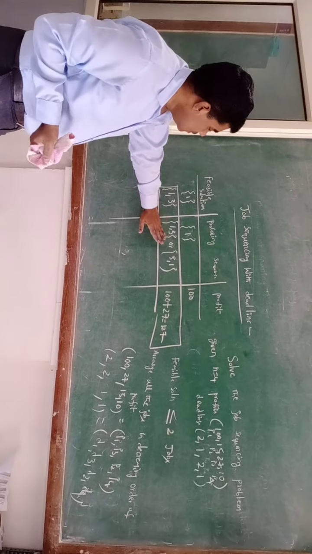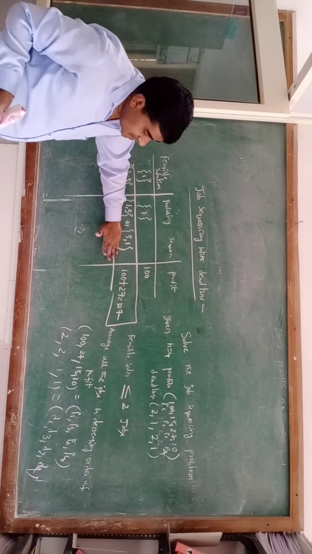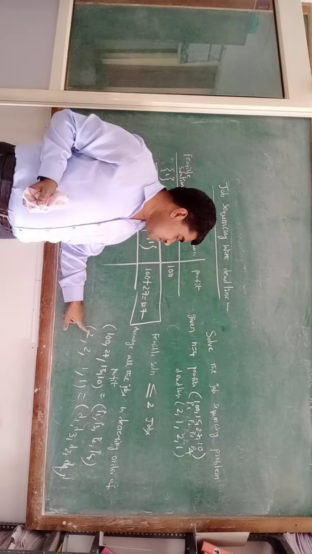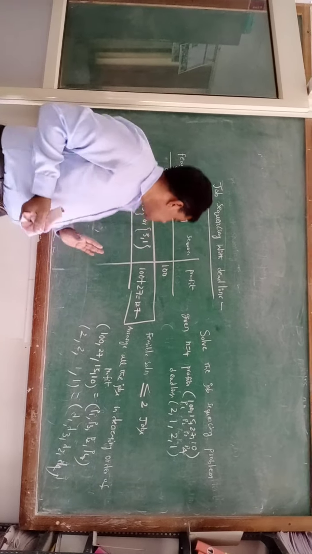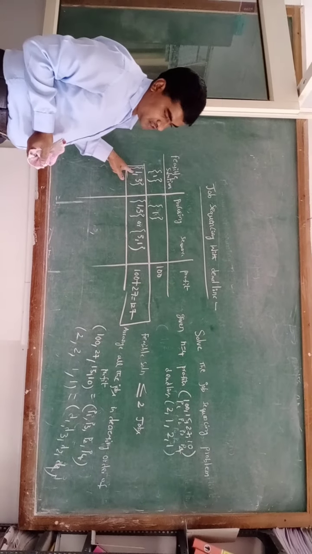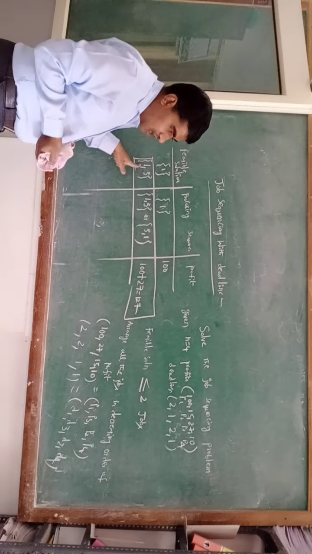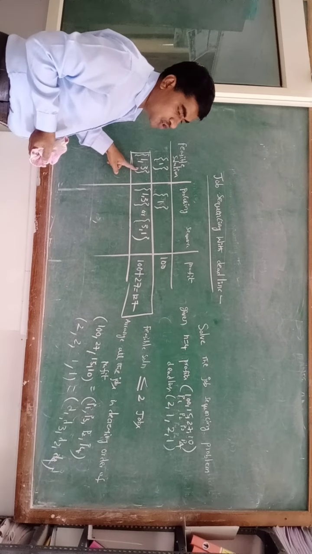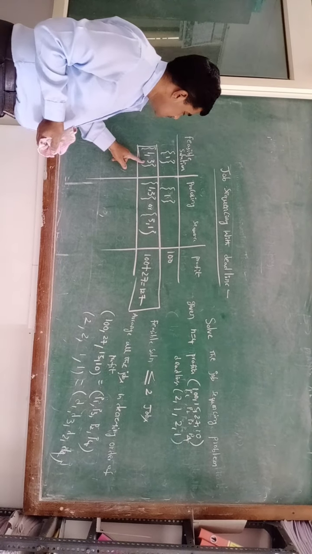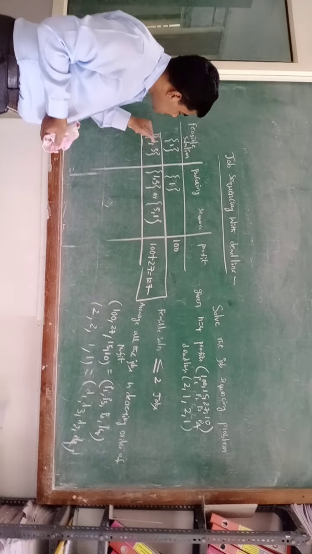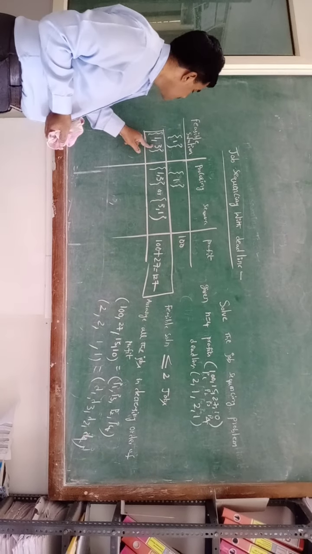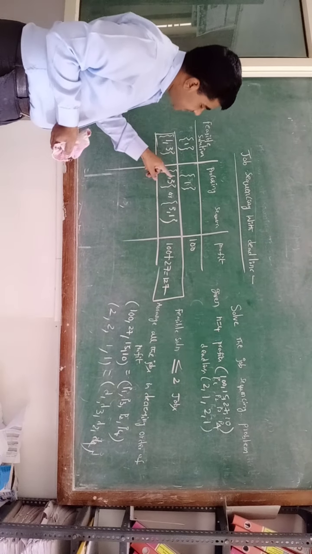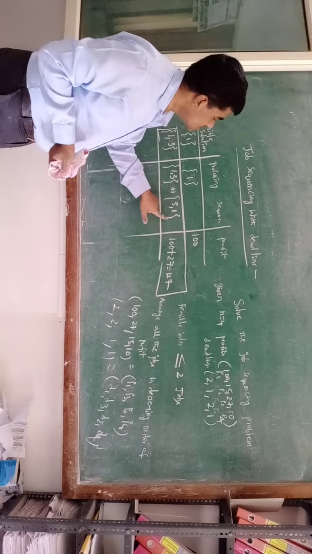So here 1, 3 or 3, 1, how are we getting it? The first job and third job have deadlines of 2 and 2. Suppose we execute the first job first, then for executing the third job 1 more unit of time is remaining. Okay, suppose we execute the third job first, even then for the first job 1 more unit of time is remaining. So that's why we write 1, 3 or 3, 1 as the processing sequence.